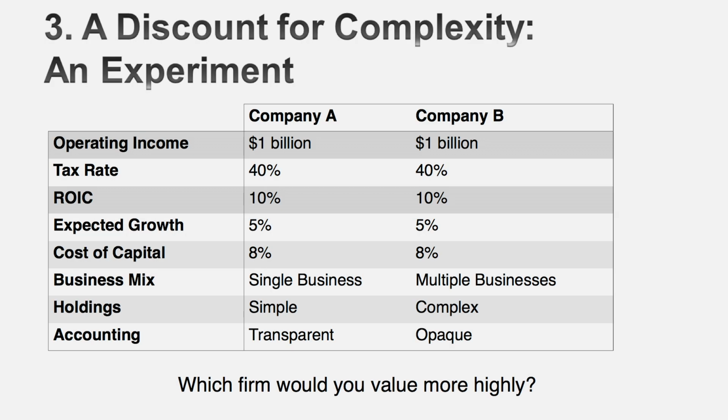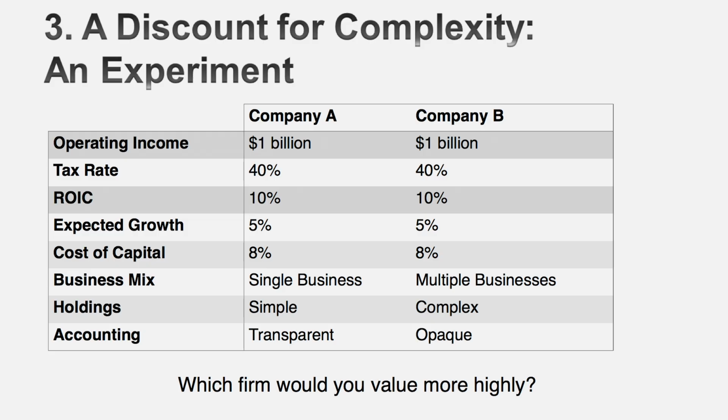That's an interesting perspective to have as you think about social media companies, where increasingly you see two classes of shares in almost every one of these companies. This brings me to the last issue that I want to talk about in this session, which is complexity. I've wrestled with this for a decade, so let me lay out what I'm talking about. Let's suppose you have two companies that look exactly the same in terms of numbers. Same profit, same return on capital, same cost of capital, same growth rate, but here's where they're different.